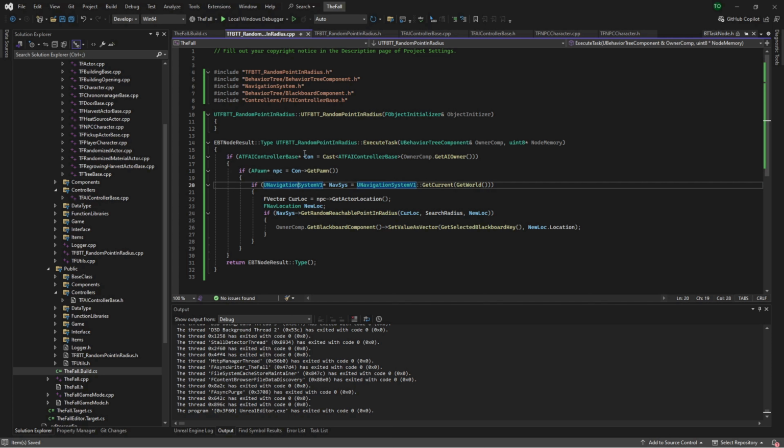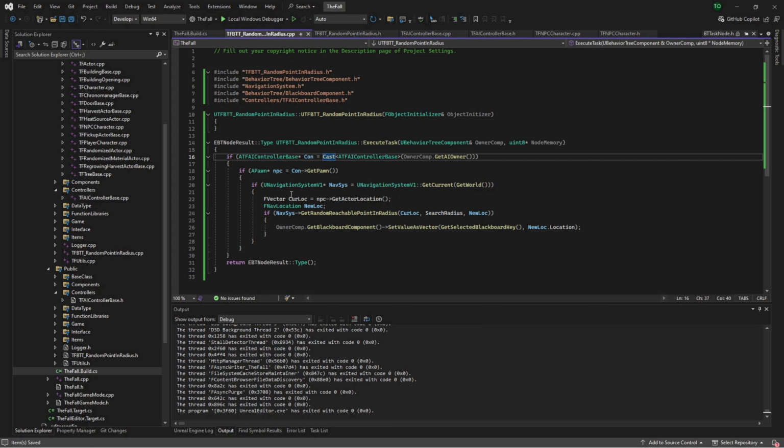But this was just so we could get that NPC. And actually, I'm going to think about some possible refactoring here. We could probably get rid of this top if and just do that down here. But either way,